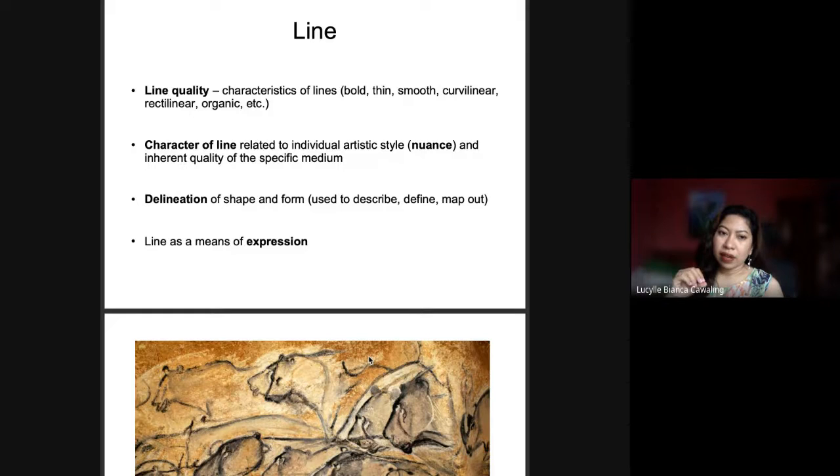Bold, for example, can indicate firmness, aggressiveness, and thin